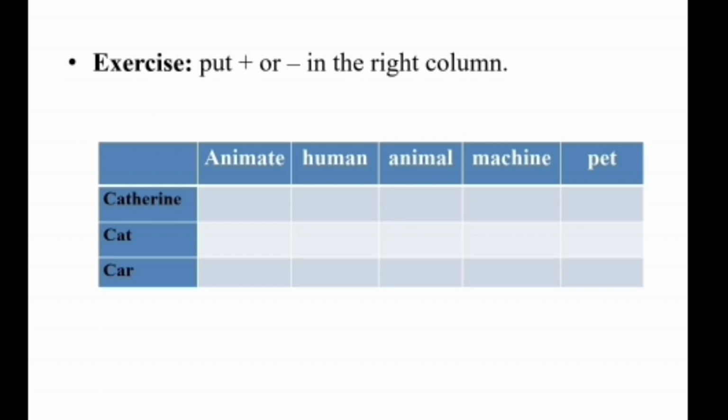Now let's continue. The approach of using certain semantic features like animate, human, animal, machine, pet, and so on, to analyze the conceptual components of word meaning is not free from problems or doubts. For many words in a language, it may not be easy to come up with a list of features that represent meaning. For example, if you want to think about features that would represent certain abstract nouns, let's say love or advice, it may not be easy to do that,